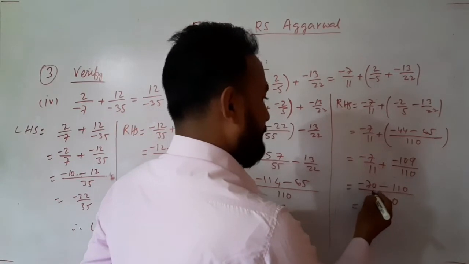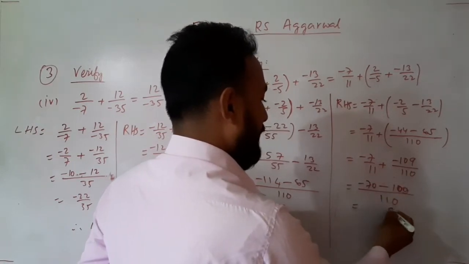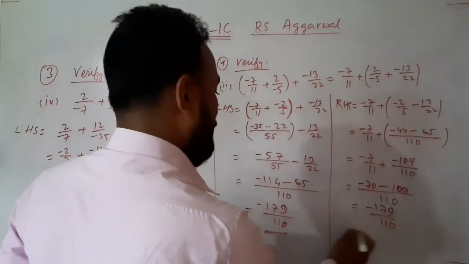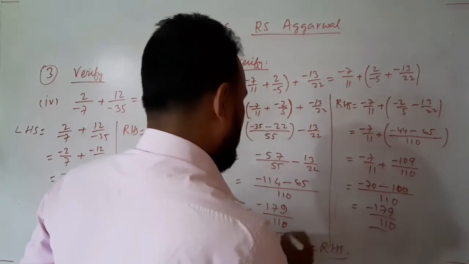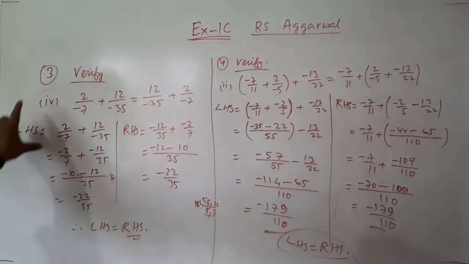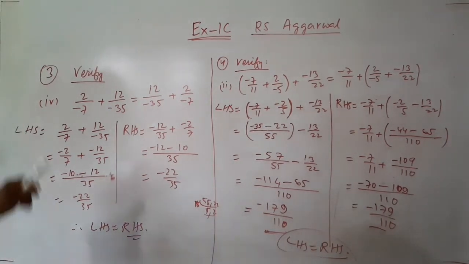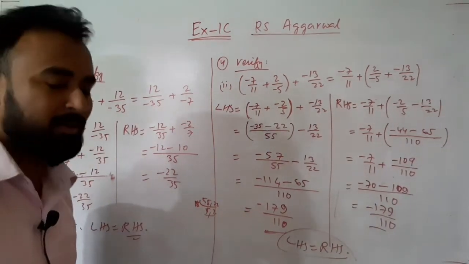So minus 109, here you have 109. So 9 7 1, see here you can easily see both the LHS and RHS are equal, hence your expression is verified. So this is according to the associative law. So by following these steps, you can verify the LHS and RHS, and at the last you have to write the LHS is equal to RHS, hence verified. So by following this process, you can solve question number 3 and question number 4. Now I am going to solve question number 5.